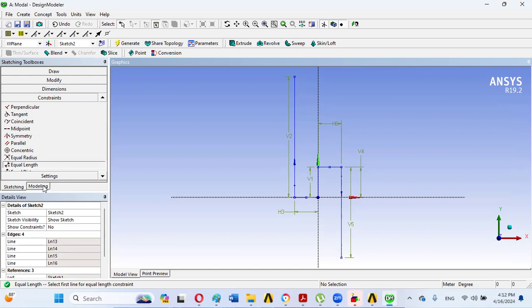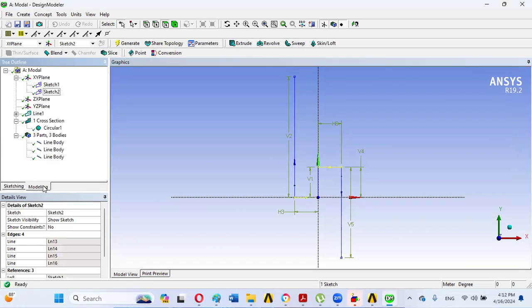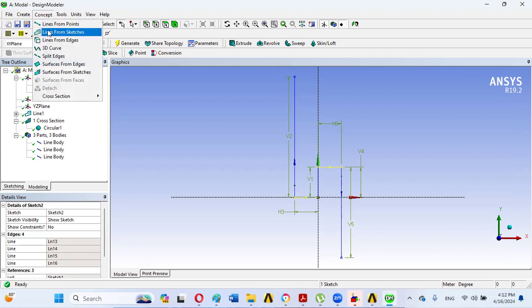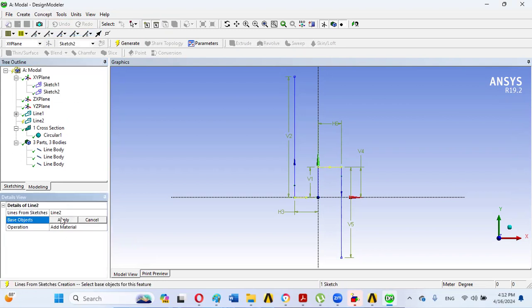So after that, a very important step, we will be clicking on sketch 2, and in the same manner click on concept and lines from sketches, and here we will be clicking on apply. And a very important point to be noted here is that the operation must be add frozen instead of add material. We will not be using add material, we will be using add frozen, because if we use add material,